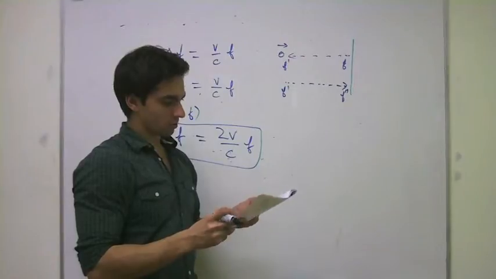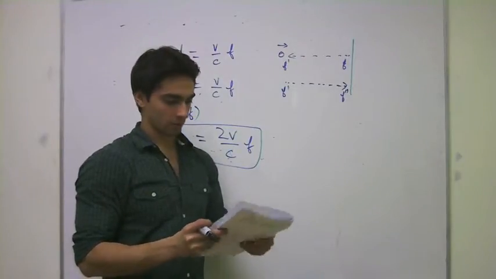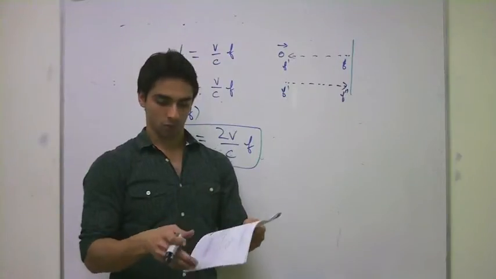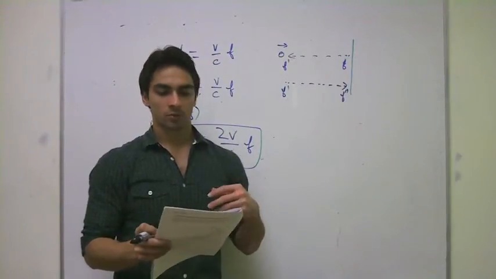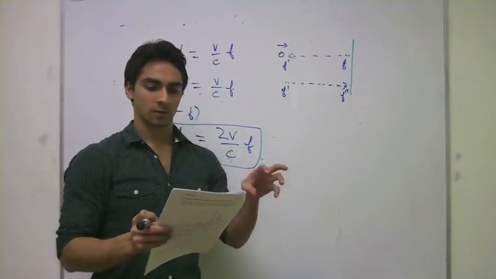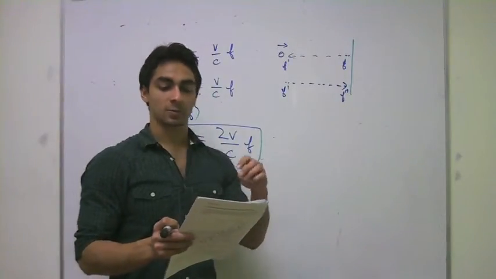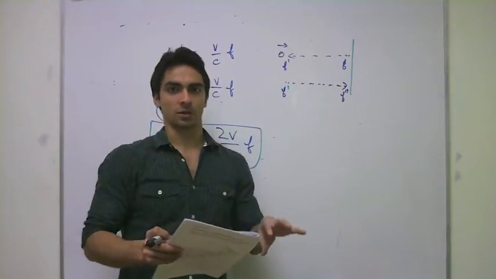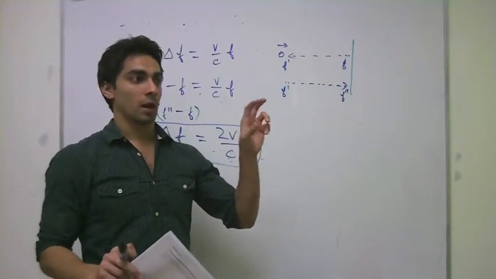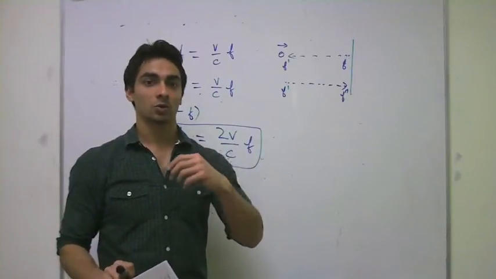Okay, so that's pretty much the end of the Doppler effect. There's one important point towards the end. If you look at example 1 on page 11, it talks about how the Doppler effect can be used to estimate the speed of blood flow in arteries. Okay, so there have been exam questions, like multiple choice questions, to identify which phenomena can be used to